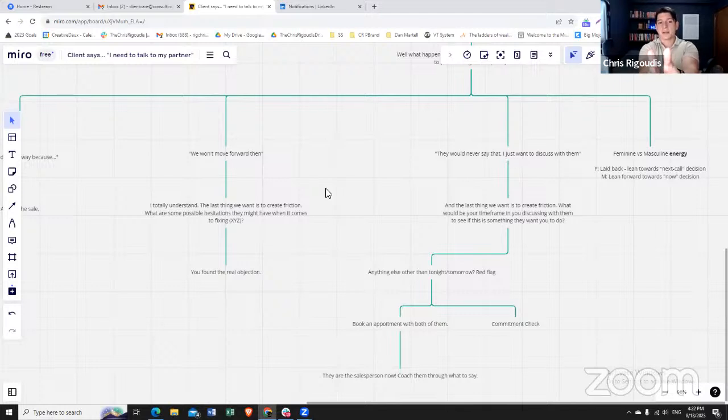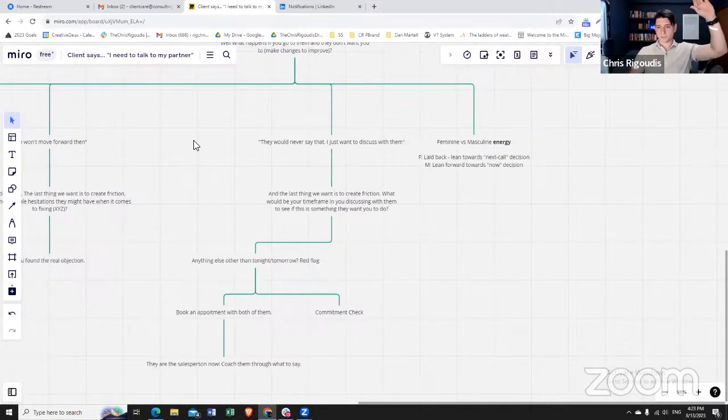Can you see what I mean? They've used the partner as an excuse, and that's fine. We're not here to blame people. It's just human psychology. But with that question, the objection they're mentioning, the partner objection, is actually their objection. We just allowed them to voice it in a different way. And now that the real objection has come up, I'm going to handle it in an appropriate way.